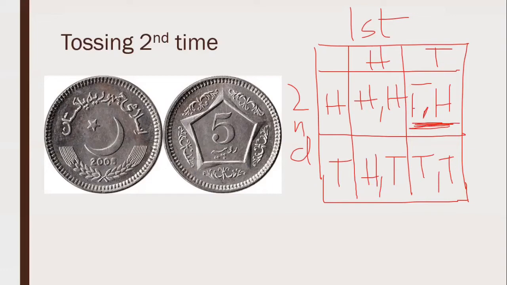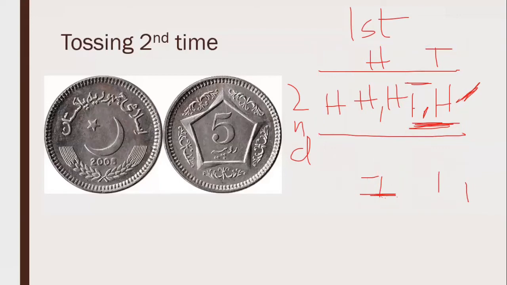Now what you need to see here is that the possibility of getting a tail and a head and getting a head and a tail may look similar, but they are not the same. Why are they not the same? Because the positions from which we are getting tail and head are different. In this one, we are getting tail first and heads second, whereas over here we are getting heads first and tails second, and the sequence in which we get them counts a lot in probability, and you need to focus on this.